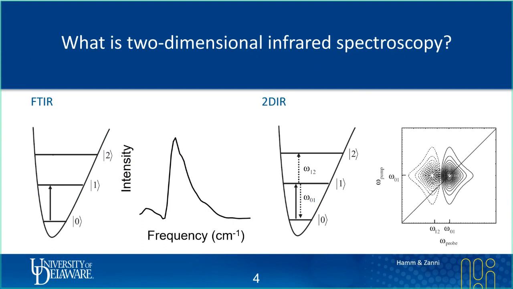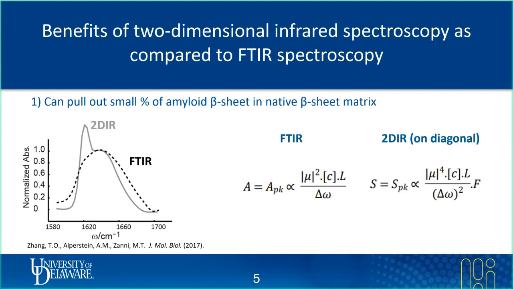And why would we want to do this for tissue, right? We get a lot of benefits from doing this extra multidimensional technique as compared to the linear technique. And so one big part is we can actually pull out a small percentage of amyloid beta sheet secondary structure in a native beta sheet matrix. So in the eye lens, we have a ton of native beta sheet content. And if we're at a really small percentage of this amyloid beta sheet content, let's say less than 1%, we